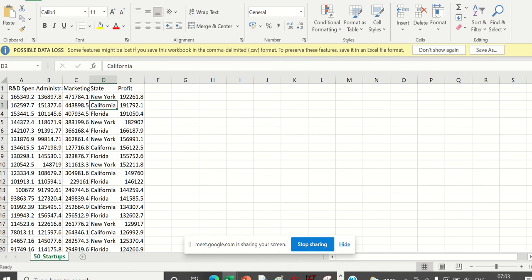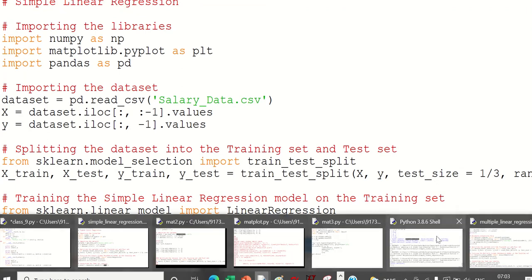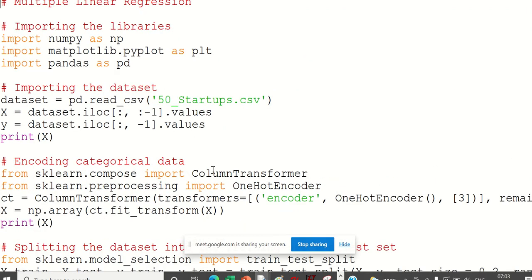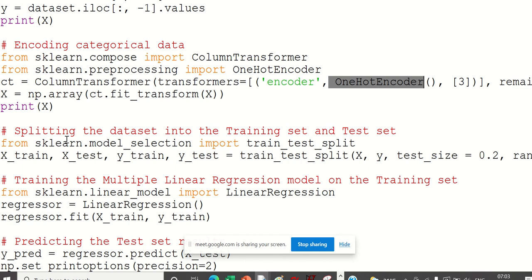For that, again, Python has a solution. Let us see that. The solution here is called one hot encoder. First we'll comment out other things.